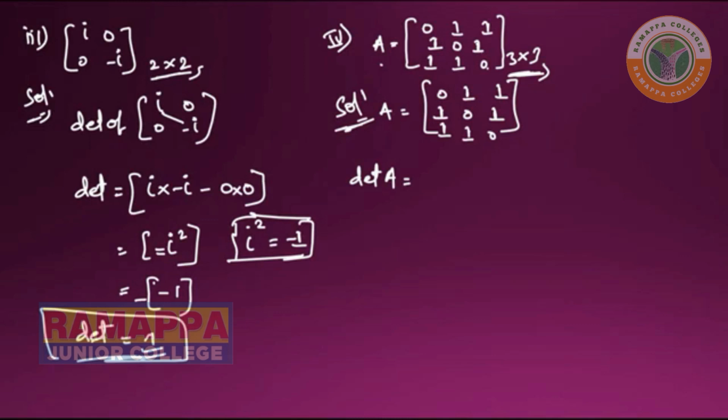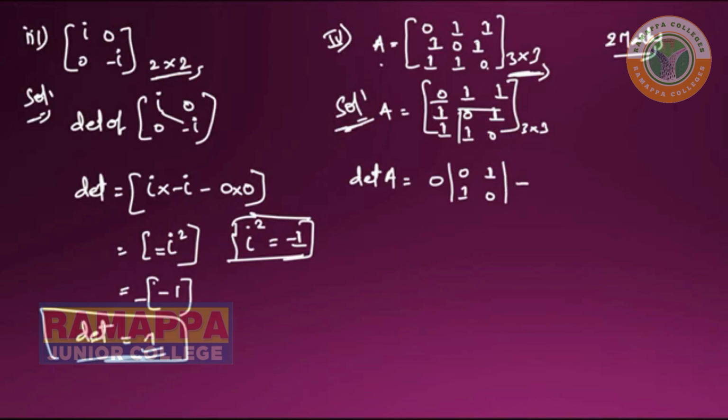This is a very important step. This may be asked as your 2 marks question, I told you already. So whenever a 3 by 3 matrix is given, to find the determinant, do one thing. Take the first value 0 here, and after that take these two values, 0 1 and 1 0. After that minus will come because the signs alternate like that.